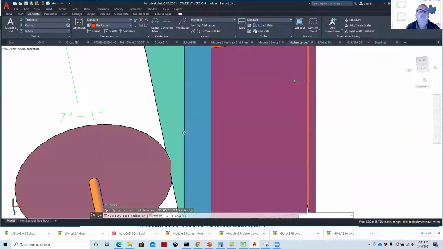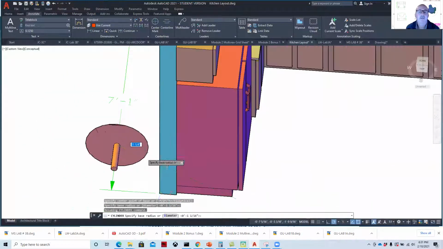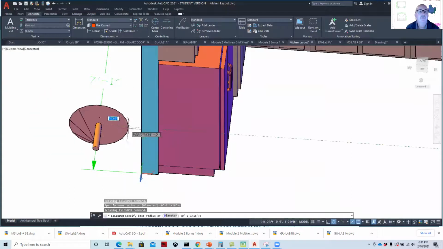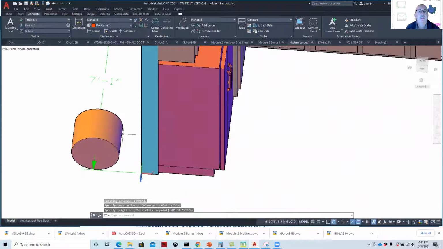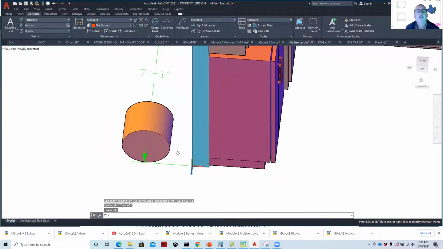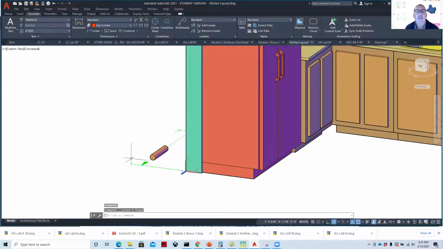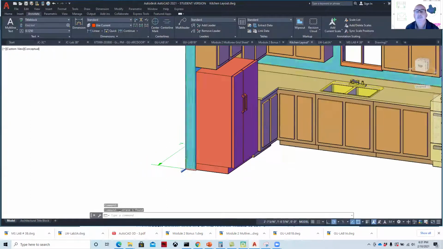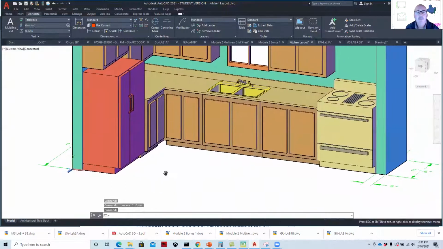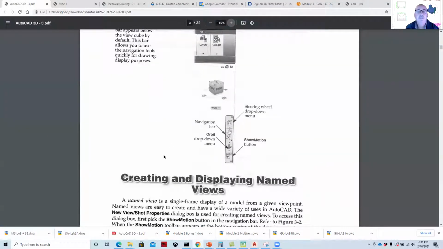For some reason, somehow I'm a little deeper back on that than I thought I was. But my XY plane should be set on there. I'm not sure why I'm farther away, but you can see it's in the proper orientation. We'll come back to that and see why it's a little bit farther back. It's probably something silly, but as we go through and start looking at these different ways to view things,